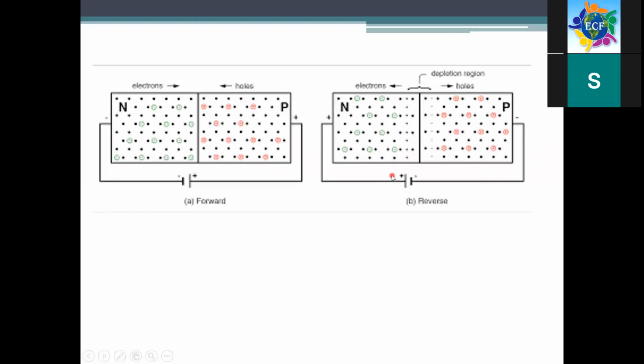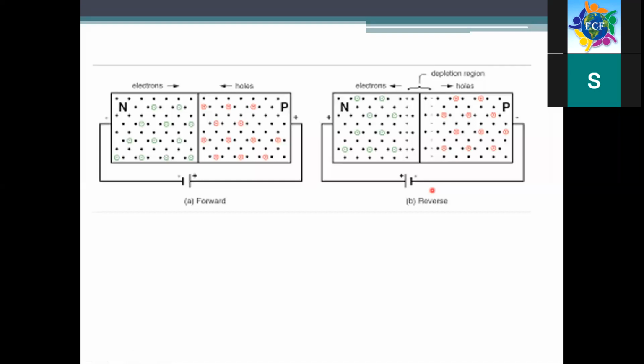And in case of your reverse bias, what will happen? Here we perform the alternate connection, meaning we do the reverse things and switch the connections. So in reverse bias, this is another way of connecting the diode. The P region, your anode, is connected to the negative terminal, right? So here P is connected to the negative terminal and N is connected to the positive terminal. In forward bias, we connect the P with the positive terminal and the N with the negative terminal. So we perform the reverse thing in reverse bias.